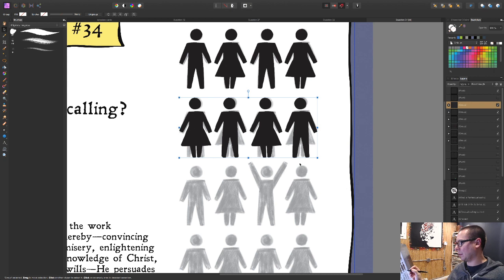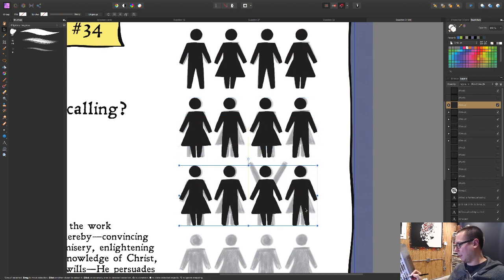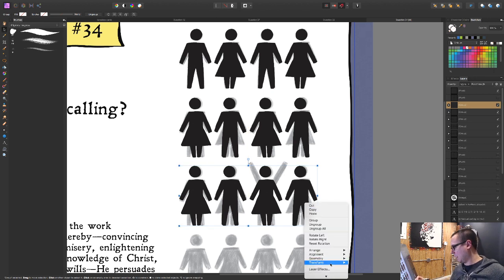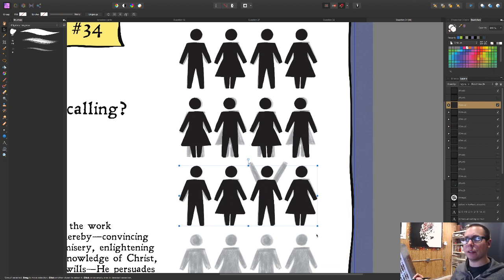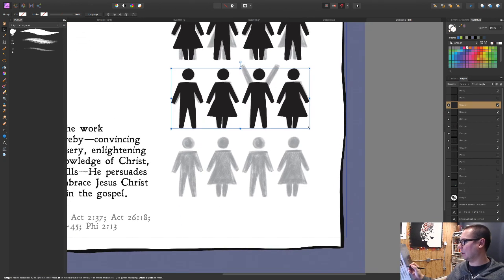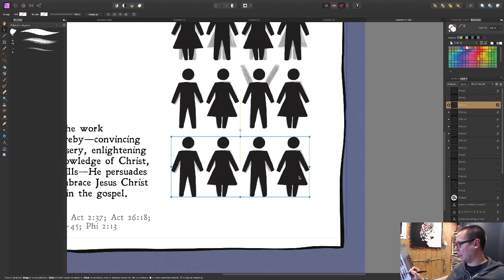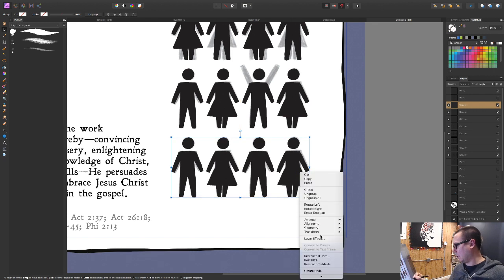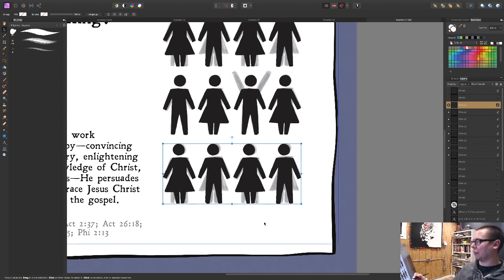Transform, flip horizontal, so that it's more exaggerated here. And then again, transform, flip horizontal, and then again, and transform, flip horizontal. Oh, that works out good.